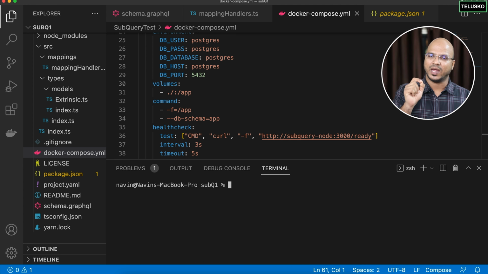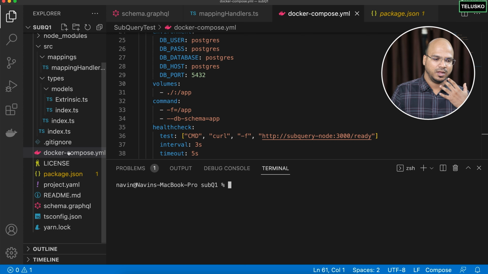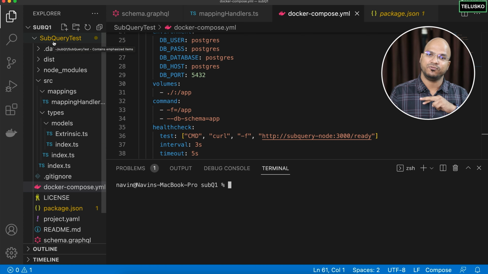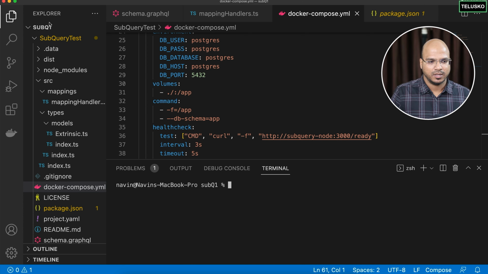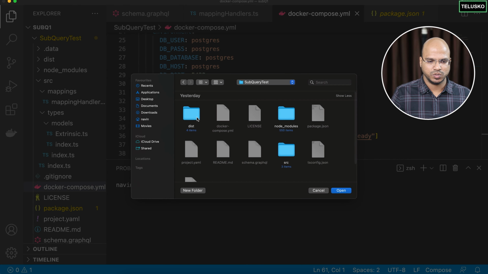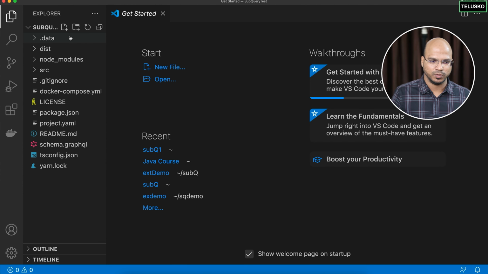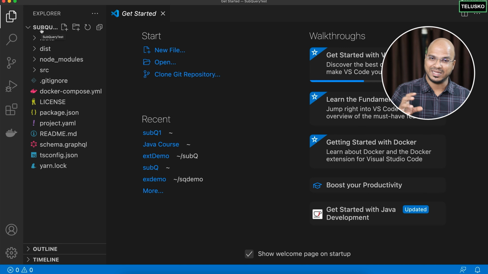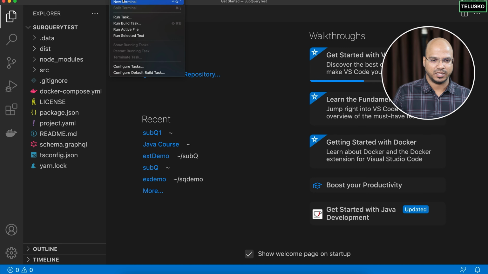Okay. There's one requirement: whenever you push this project, make sure that your GraphQL file is available in the root directory. As of now, we are in subfolders, right? So what I will do is I will open this Subquery test project in my VS Code so that it will be easier to do that. Because I'm in Subq1 now. You can see I'm in Subq1. I want my Subquery test to be the main project. So I will open this folder. So use Subq1, be inside that. Don't be in a subfolder. So make sure that your project name is your main folder and say new terminal.